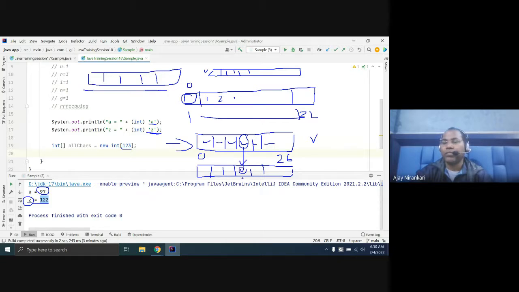Let us say Z comes here, then just increment. You can create another similar array, and here you can increment the value again: 1 time, 2 times, 3 times, 4 times. This is also one approach.